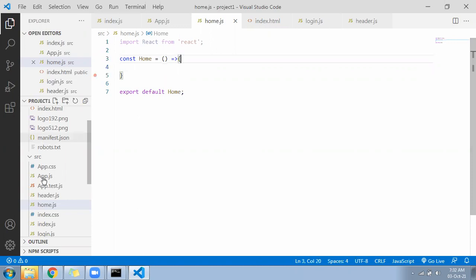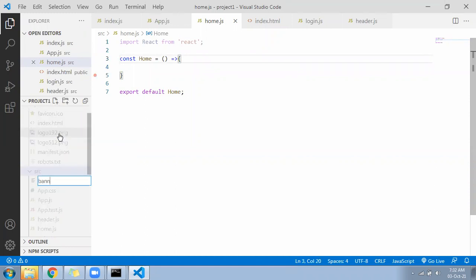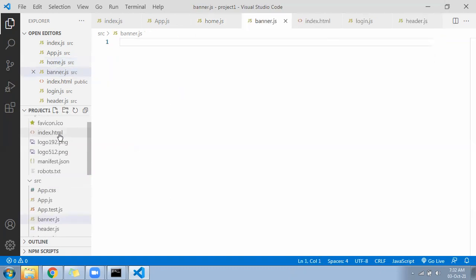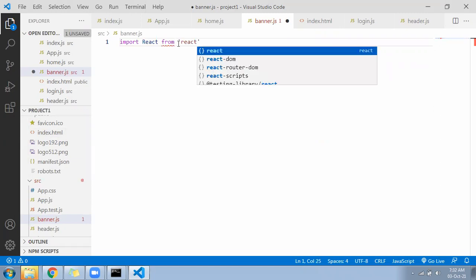Create one more component, banner.js. Import React from react.